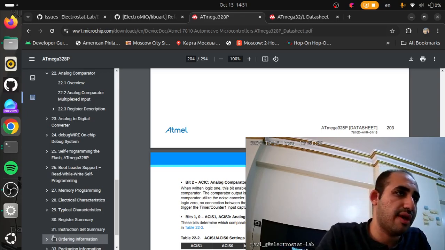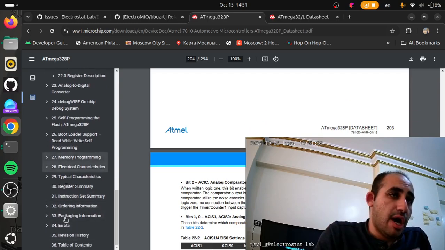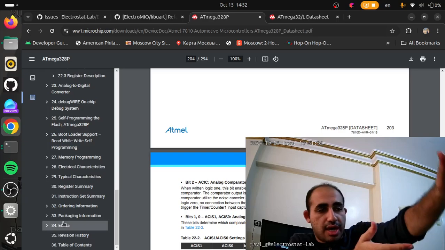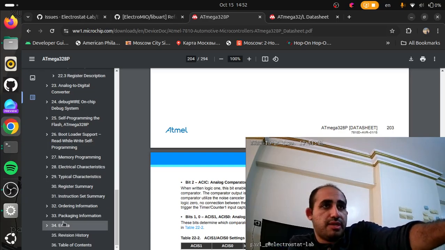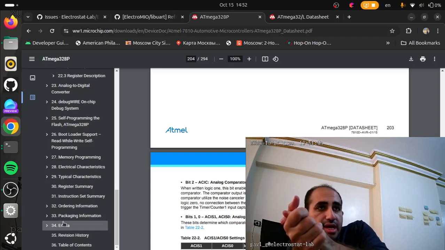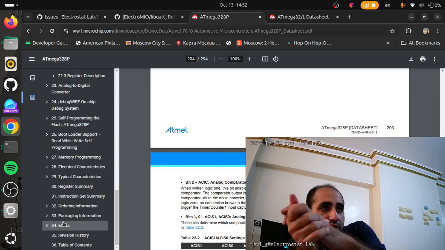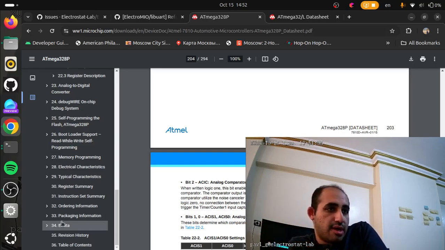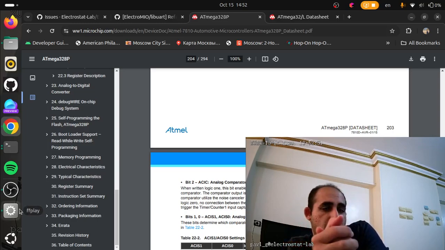Here you will find the protocols at the Microchip website, the data sheet for the ATmega32, and I will go over the protocols and see if any protocol we will need to implement in the first version that's contemplated in 2026, and then I will add those issues for these protocols and add them to the actual milestone of the ElectroMIO, right? So I see you in the next video. Hopefully